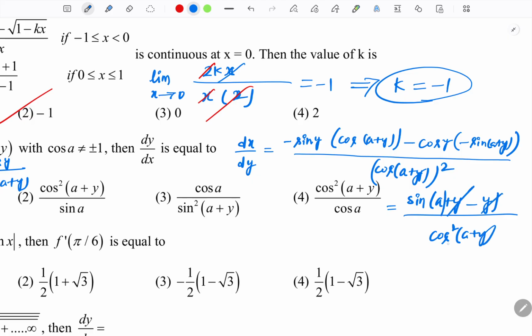Then if I take the reciprocal, which option will I get? Directly, from this one we can say this is the answer, right? It will come upside down, right? Reciprocal. Now option number 2 is correct. Next,